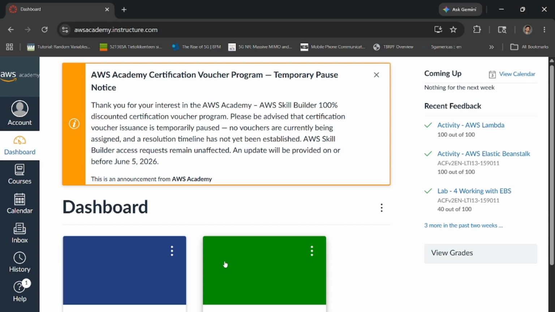In this lab, first we will create a VPC, then we will create subnets, and then we configure a security group, and finally we will launch an EC2 instance into the VPC. And for that, you can see I have logged into